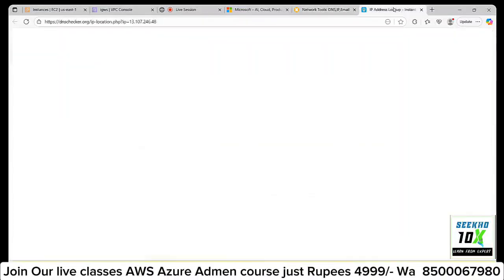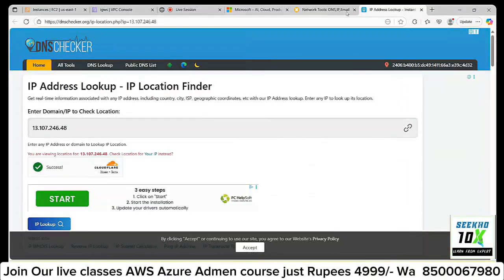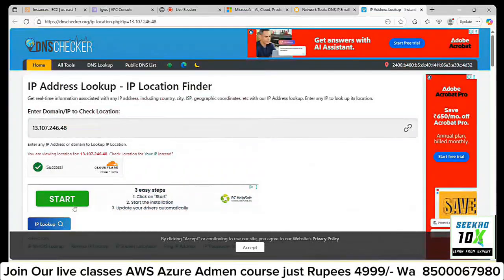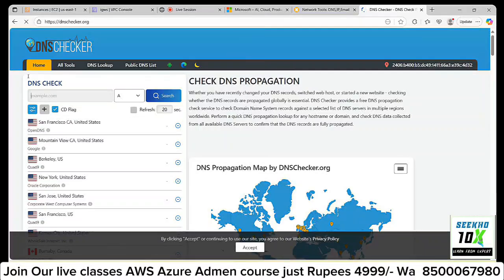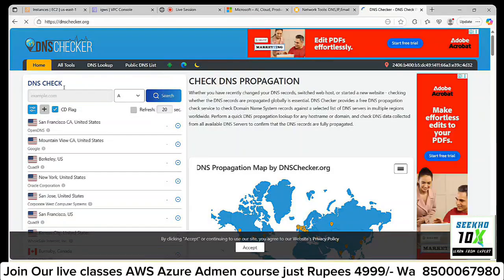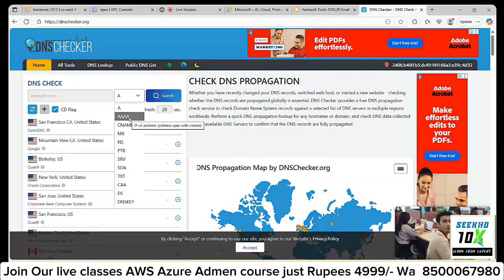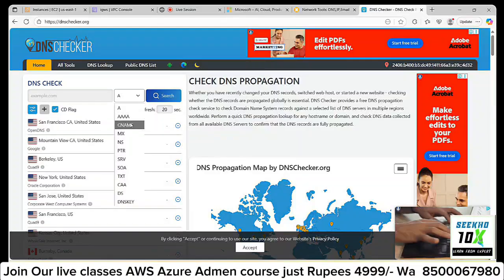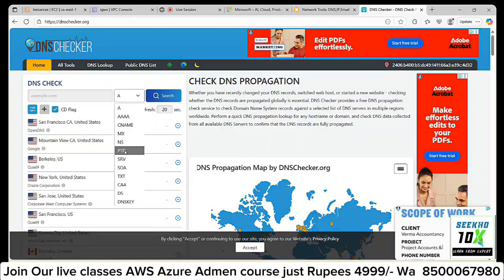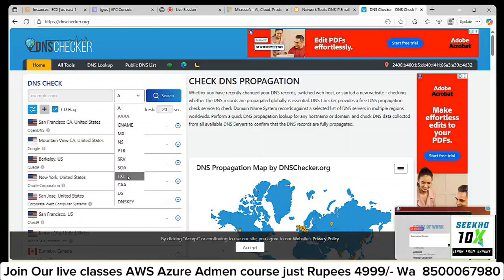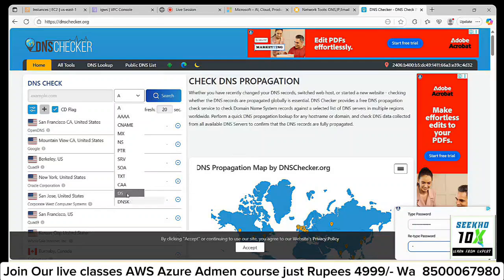Like that, if you can see here, in the DNS checker, when I click on it, here you can see the record types. Every DNS works based upon the type of record. Once you click on this, you can see AAAA, CNAME, MX, NS, PTR, SRV, SOA, TXT, CAA, DS, DNSKEY.